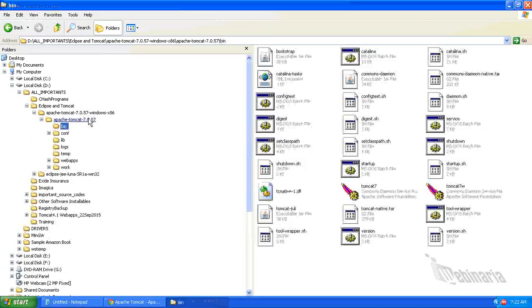So under bin, you will find a lot of batch files through which you can start the Tomcat, shut down the Tomcat. The two important batch files are startup, which starts the Tomcat, and shutdown, which stops the Tomcat.